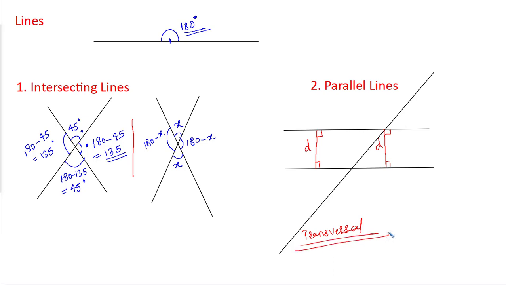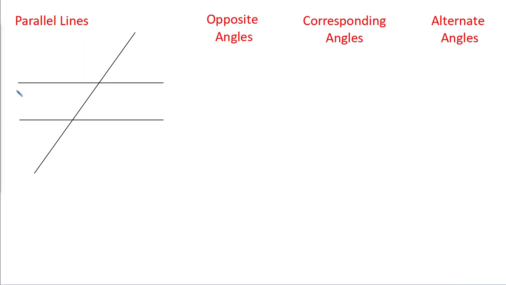Okay everyone, now there are a few properties of parallel lines. Let's have a look at those properties. Over here, let's say there are two parallel lines, L1 and L2, and this is a transversal T1. Let's say this angle is A degree, this angle is B, this angle is C, this angle is D. After that, this angle is E, this angle is F, this angle is G, and this one is H. Now you need to tell me which angle is equal to which angle.